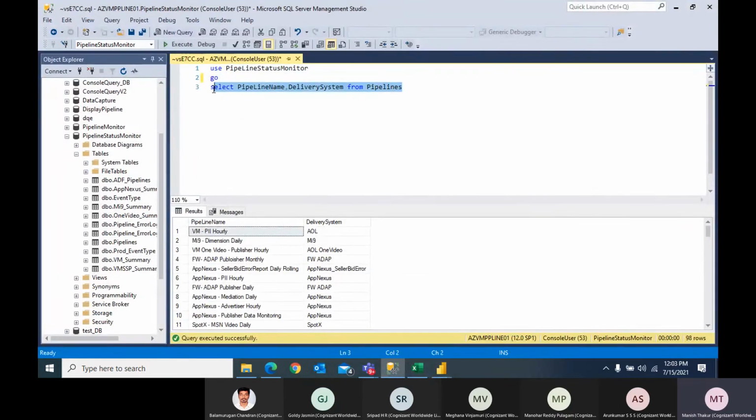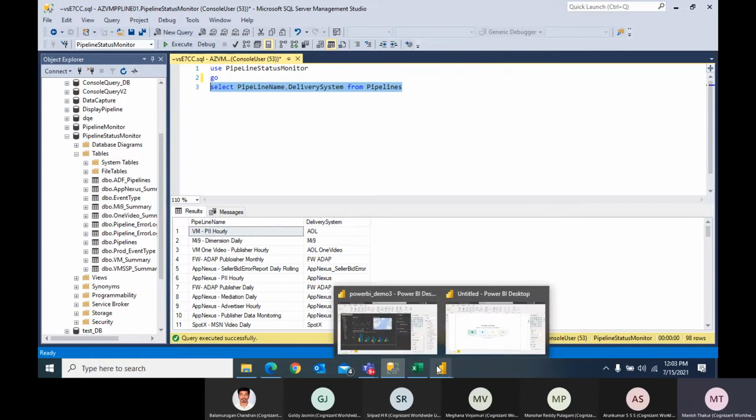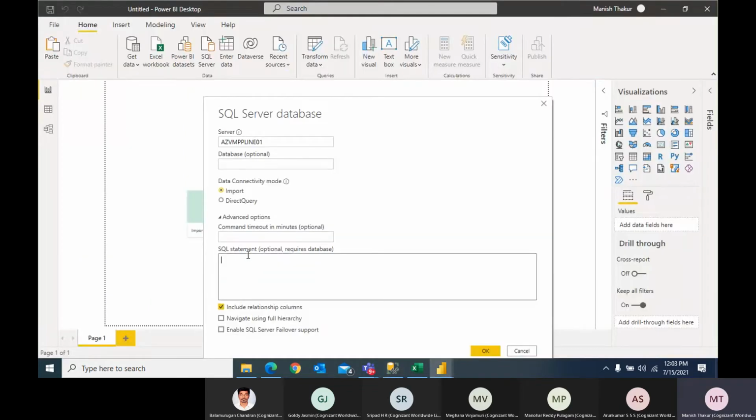Suppose I want to get only these two columns, right? So I will use that, and I will write the statement here like this, and include relationship with these things you can ignore. Just click on include relationship and import. You can write the database name here. If you don't remember, this is optional, and then you have to click on OK.